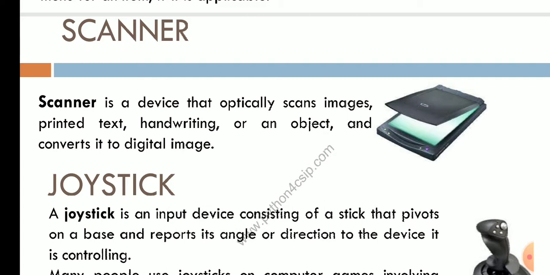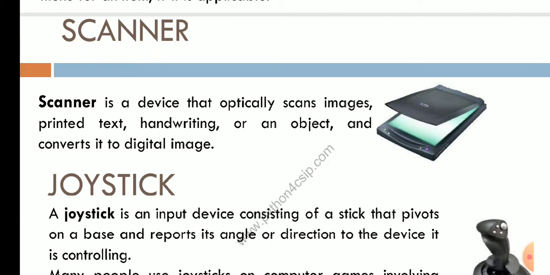Before going to scanner, let me ask a question. What is the difference between hard copy and soft copy? Hard copy is if you have something in your hand, like any printed form or written form of text or image, then it will be called hard copy. If it is soft copy, the same thing will be in a system, in our computer, or in your mobile. You just understand the difference between hard copy and soft copy.